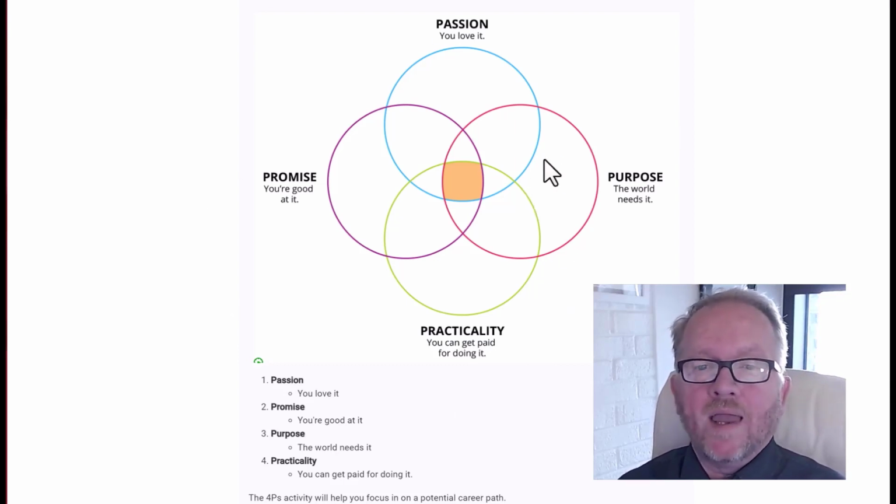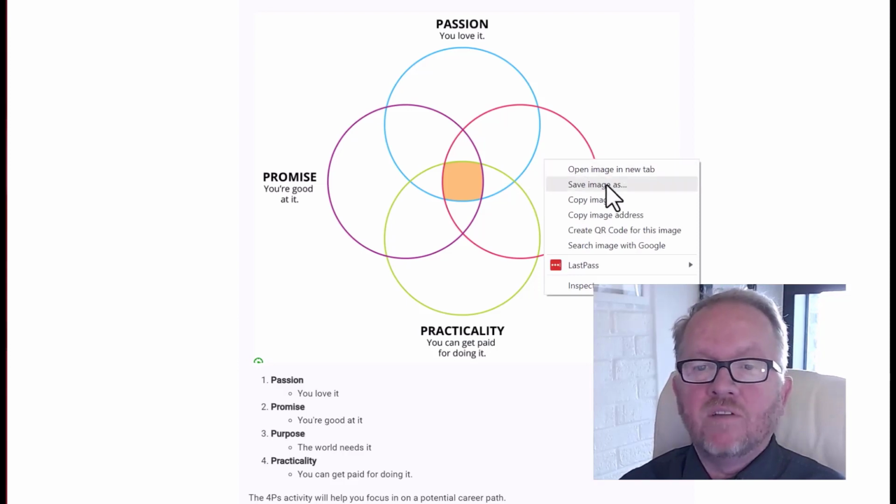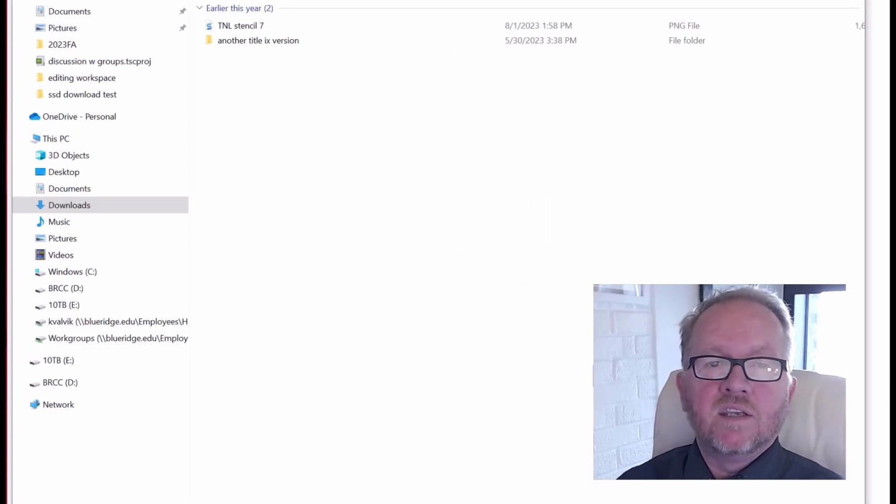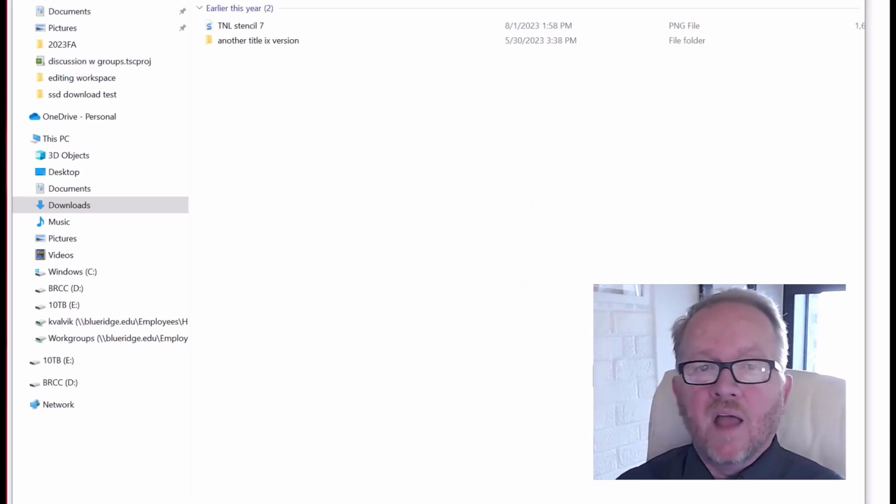So I'm going to go ahead and right-click this and choose Save Image As. That means I'll have this image that I can download and print, and then I can write on it. Unless I have a program where I know how to edit an image, then I could just put the text in there. So I'm going to do that real fast. I've downloaded it. Now I'm going to open it up in a program where I can type on it.